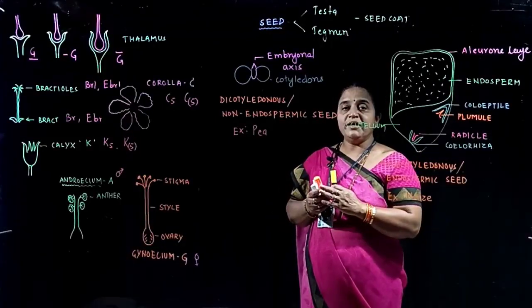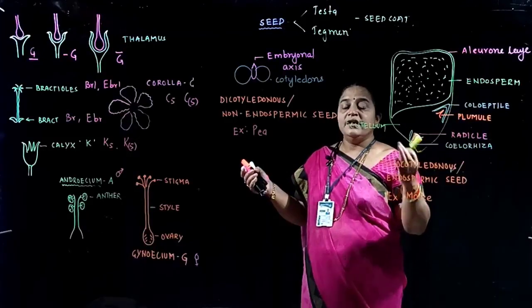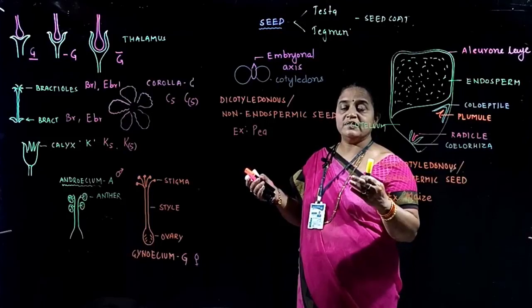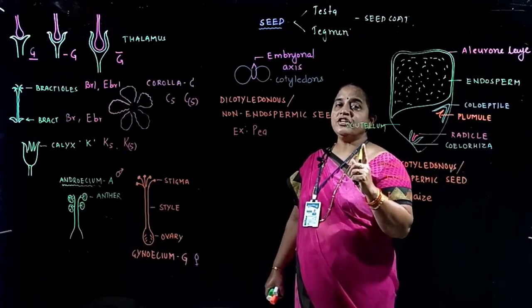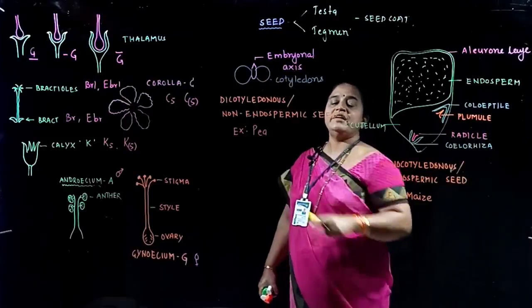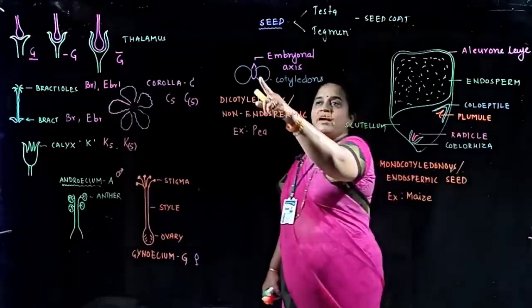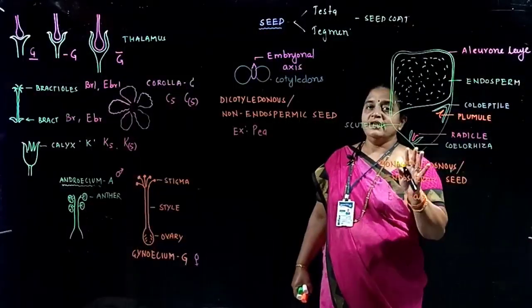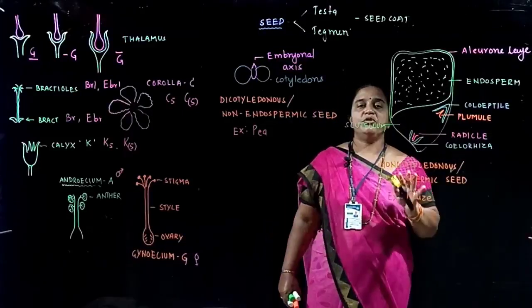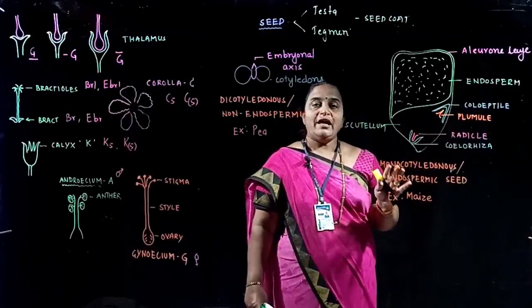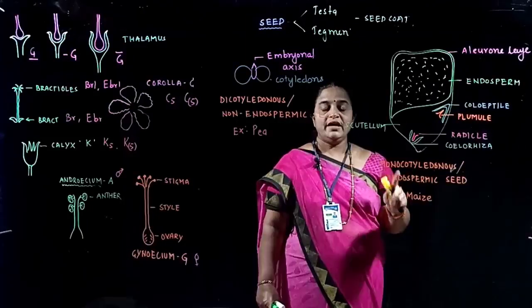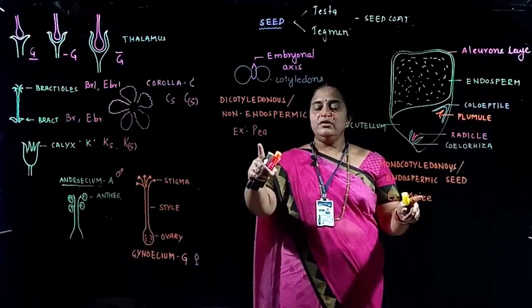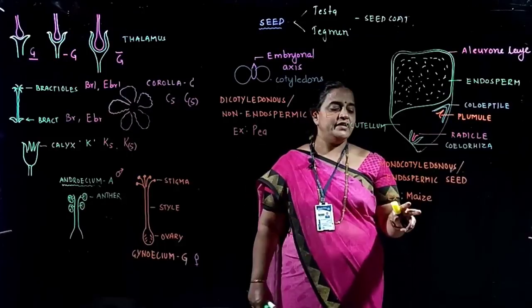The seeds will remain for a longer time, and once they get the available conditions, they will germinate. On germination, the plumule will develop into the shoot system and the radicle will grow as the root system, and the story will repeat. Here, this is a very important structure, carrying 5 marks weightage. Example is maize. Here the example is pea, or you can take any dicotyledonous seed.